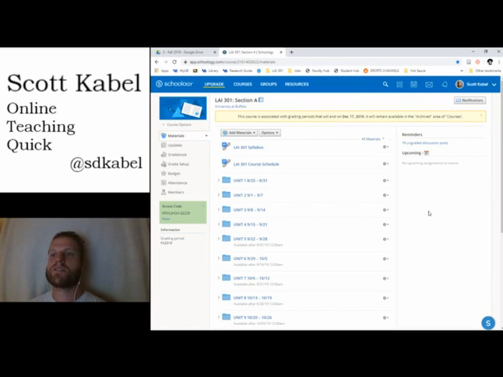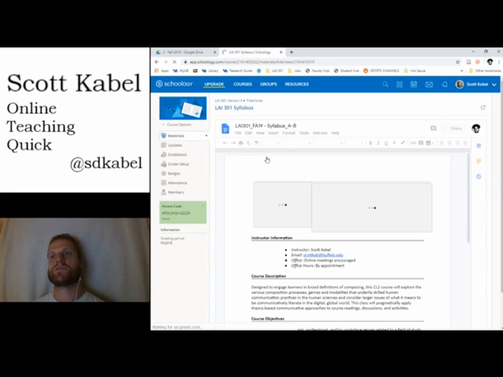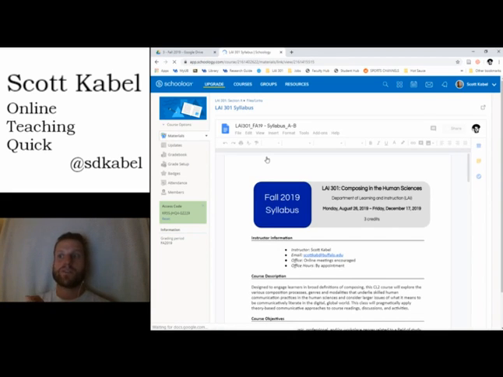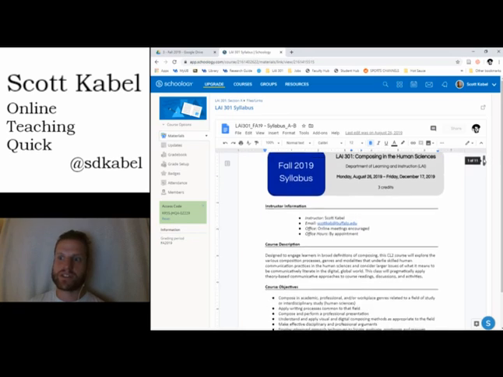One of the main reasons I did this is to build flexibility in for me, and also to give the students something like a less cluttered and, again, more interconnected experience when dealing with the files of this course. So the first example is here, the syllabus. Again, this is a link to the syllabus. This is not the syllabus itself. What I found was there's a super nice relationship between something like Schoology, which is hosting all of the documents that a student needs for a course, and Google Docs. There will be others, but for me, Google Docs is the best and the cleanest. So they would find the syllabus here.